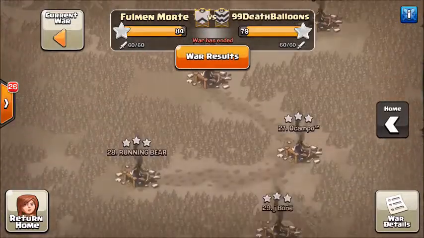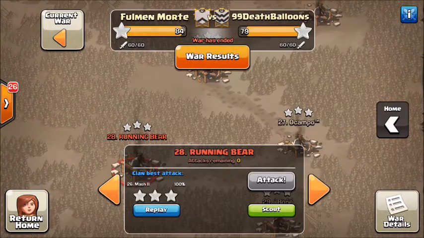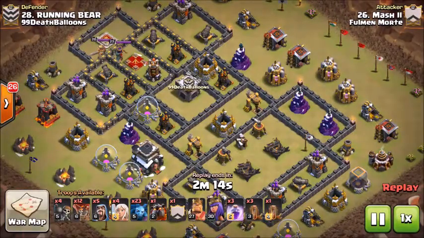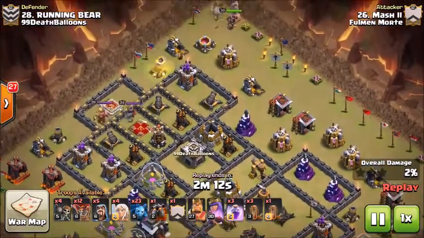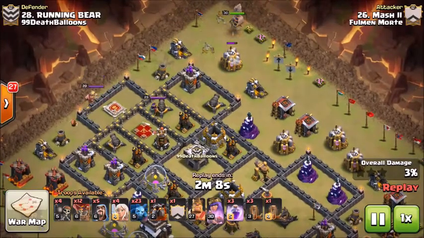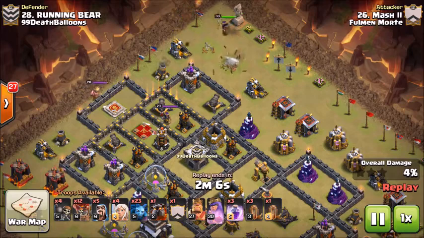Now we'll go ahead and jump into the last replay from this war recap. For week 6, it's going to be Mash 2 coming in on this one, and he's going to be bringing in a Queen Walk and a bunch of minions to go ahead and take care of this one. But he's going to go ahead and start off with that Queen